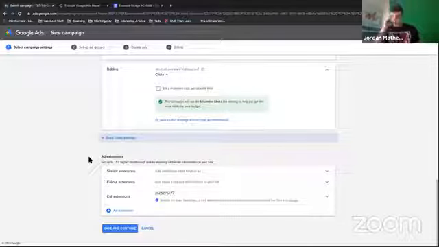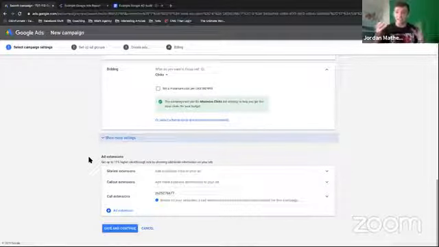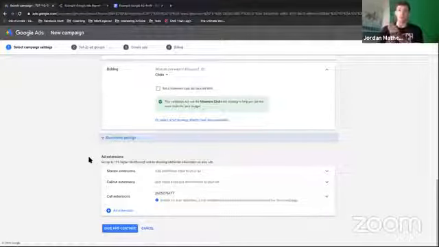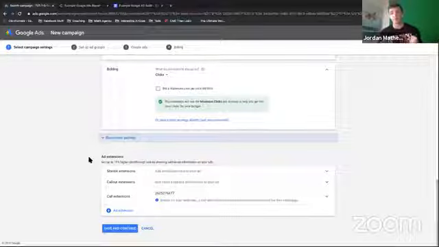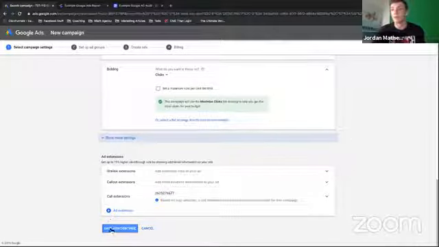Okay. The number 3 thing that you absolutely should be doing that's going to drastically increase the ROI on your ad campaigns and give you so much more control over your ads is just having the right Google ad structure. Okay. So what Google typically recommends,